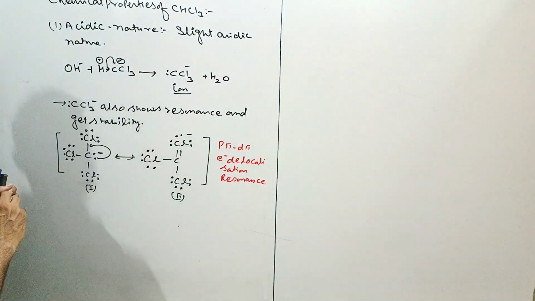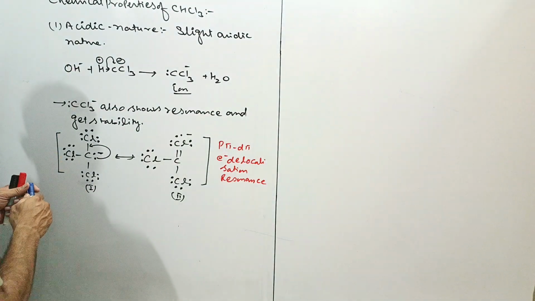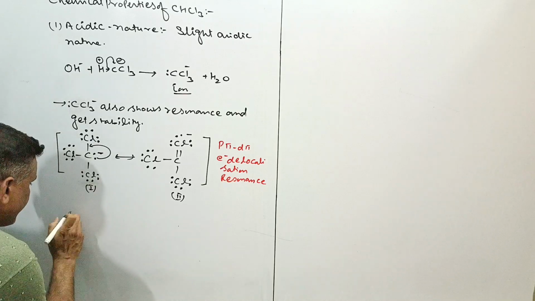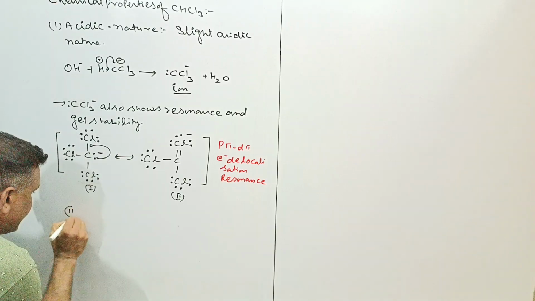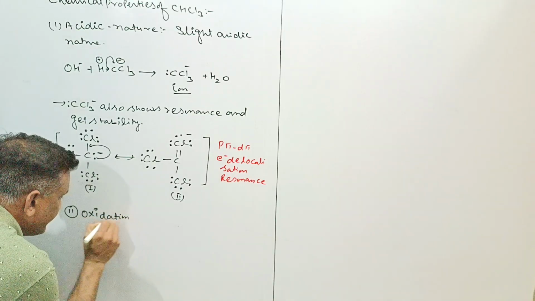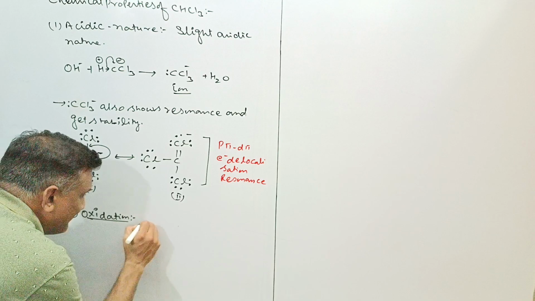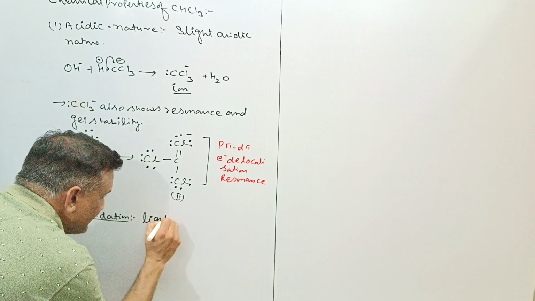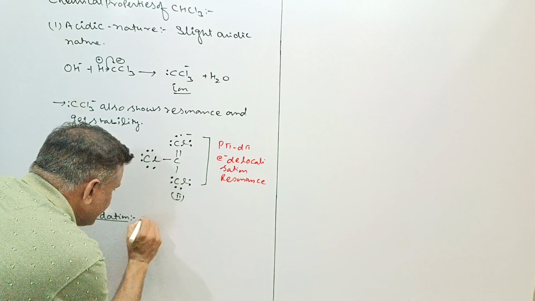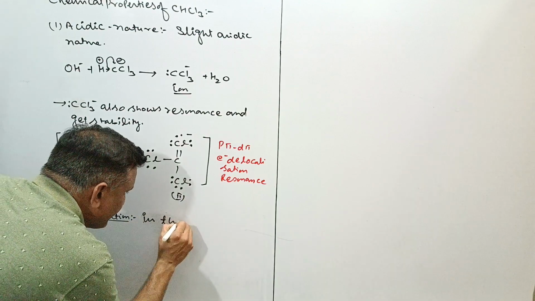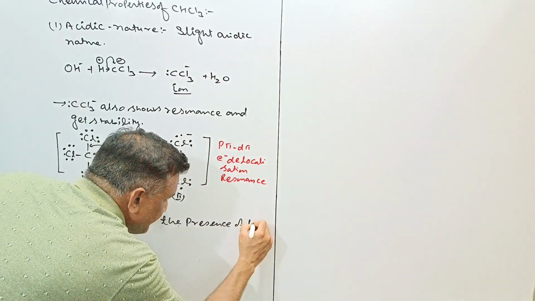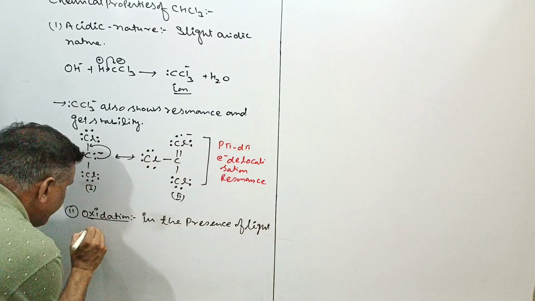Now it's time to discuss the second property. What is that? That is oxidation. It's so important. This is the oxidation property. In the presence of light, chloroform